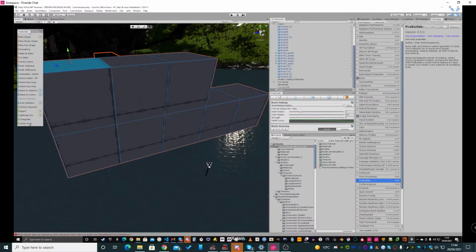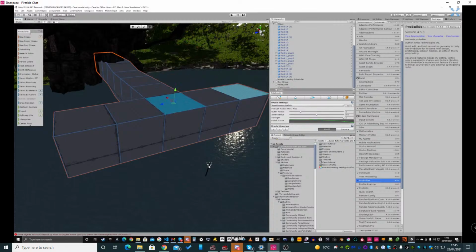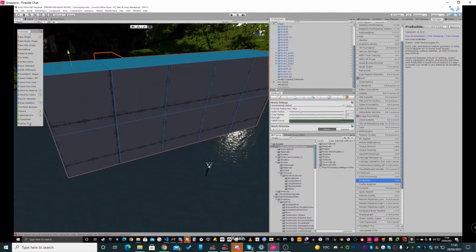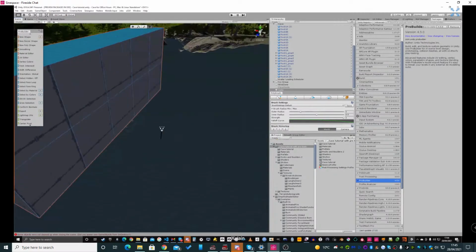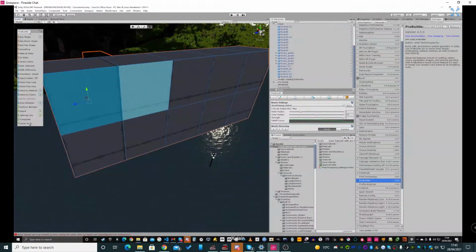In fact, no, probably actually better to not do that and extrude them all in one go, because you can multi-select. So hold shift down, do all three, all five, extrude. That way it's probably going to be linking all of those together as well, which probably wouldn't have happened if I hadn't done it that way. Although there's lots of things you can do afterwards, sort of linking together and playing with UVs, and you can get really advanced with it. So I'm just going to extrude all of that out